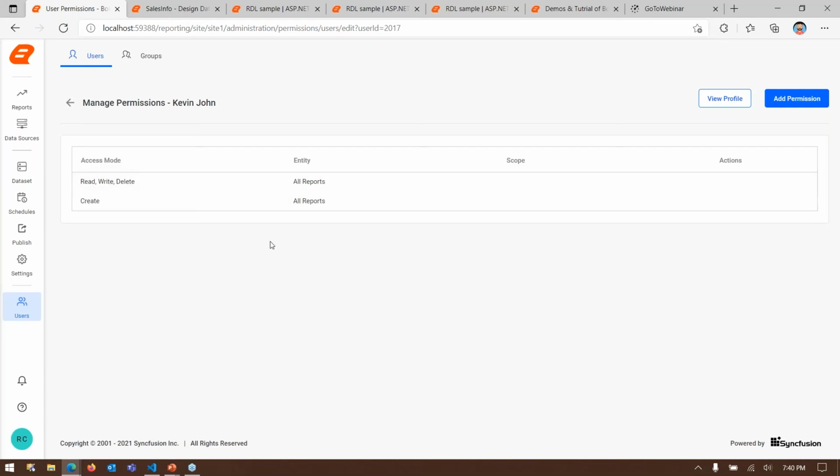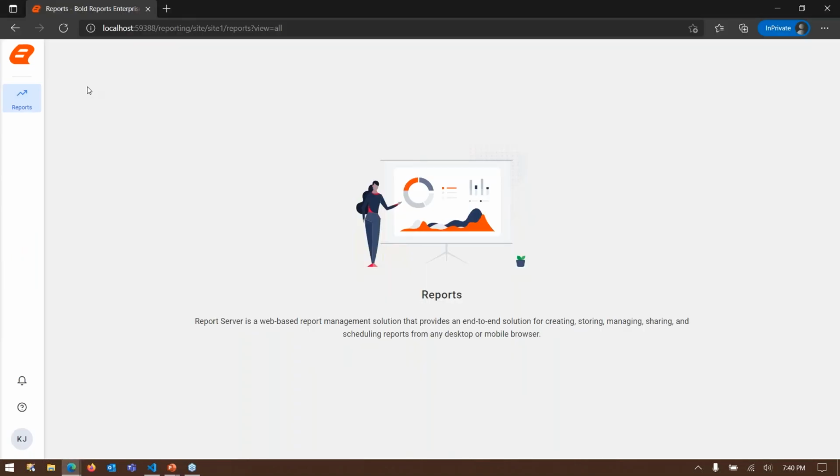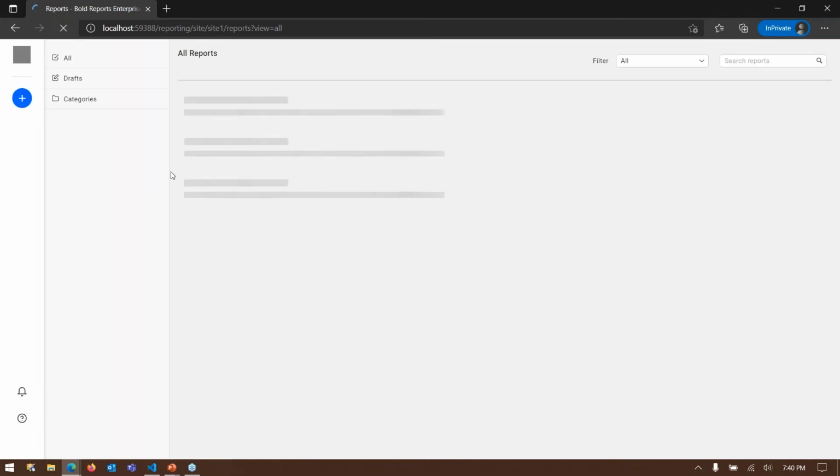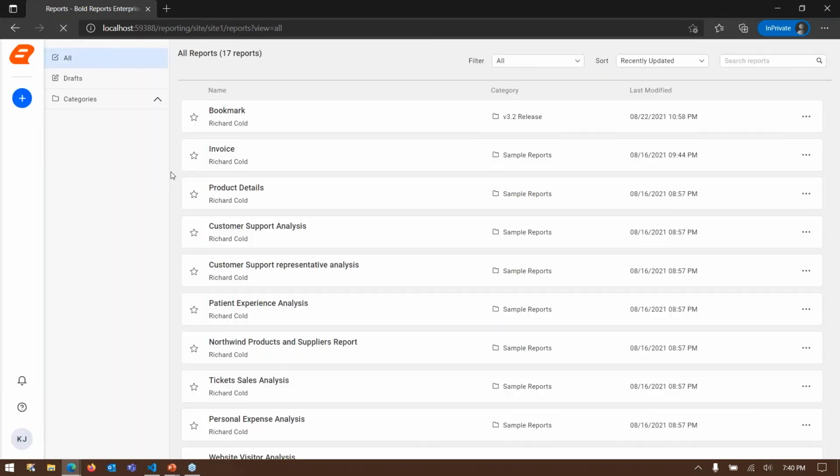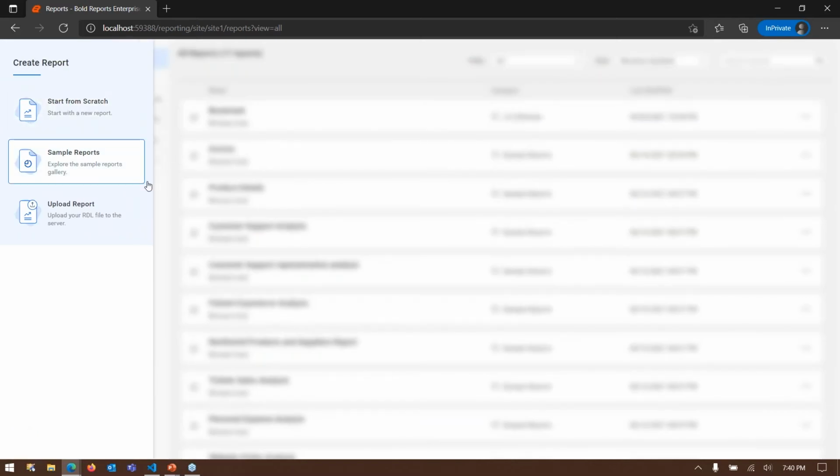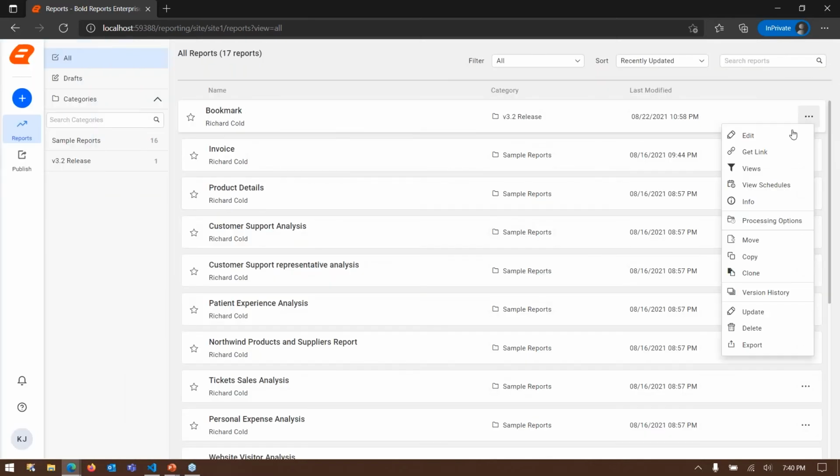Now let's navigate to our user, which is in incognito mode. Now let's reload the Kevin John account. Now you can see right here, we have enabled an option to create a report, and we have options to read, write, delete. And here you can find here, right?